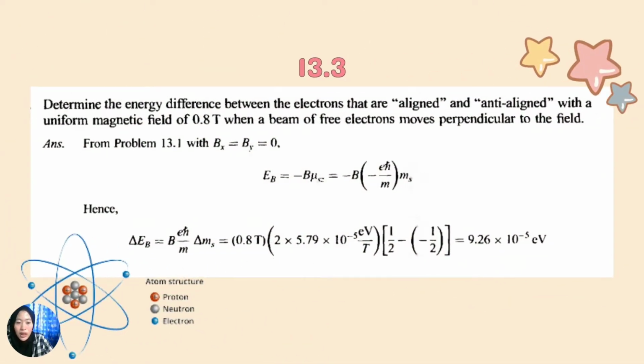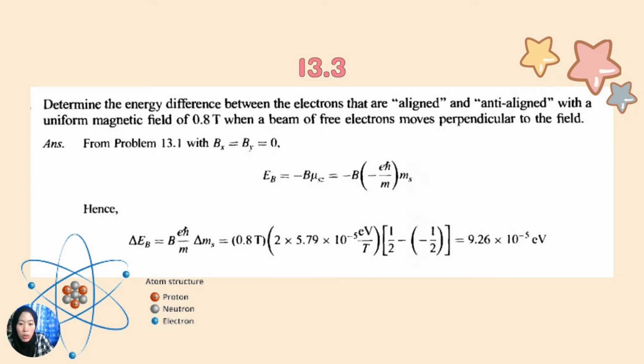So next, for the third question, we have to determine the energy difference between the electrons that are aligned and anti-aligned with a uniform magnetic field of 0.8 T when a beam of free electrons moves perpendicular to the field. So the answer is, from problem 13.1, we know that Bx equals By equals 0. So E_B equals negative B mu